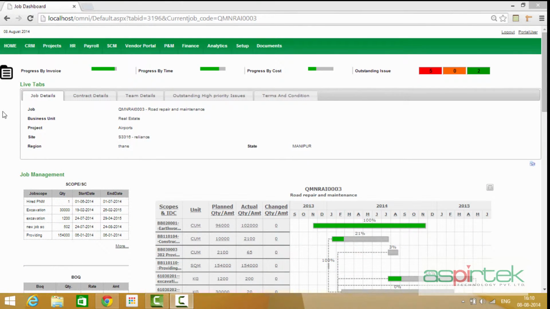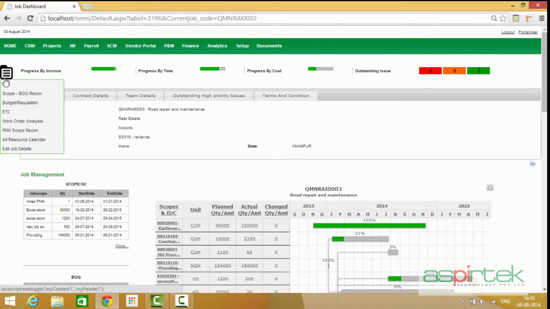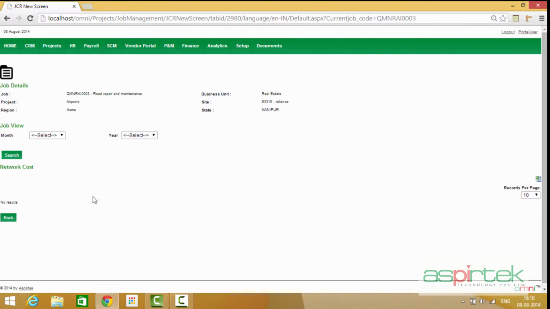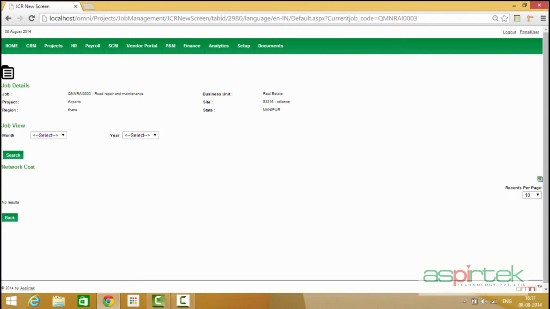JCR, or Job Cost Report, module is accessed through the job dashboard. The Job Cost Report module shows the relative performance of a job. The Job Cost Report is generated from actual data that comes from the different transactions that are executed on the various Omni modules. For instance, in this particular job,